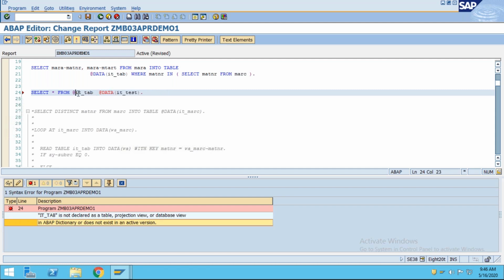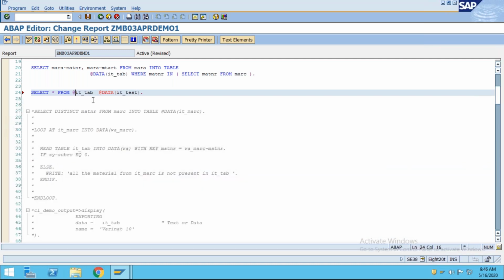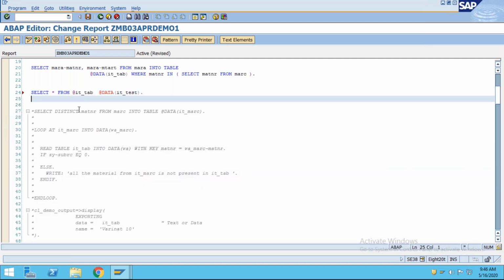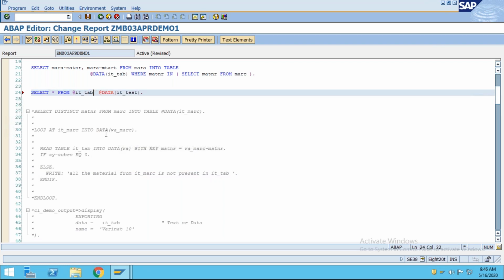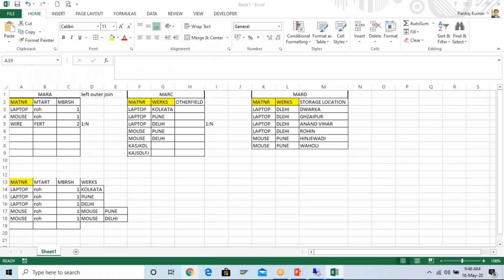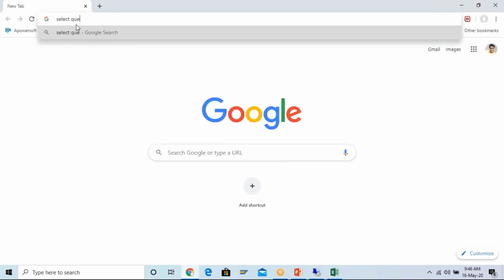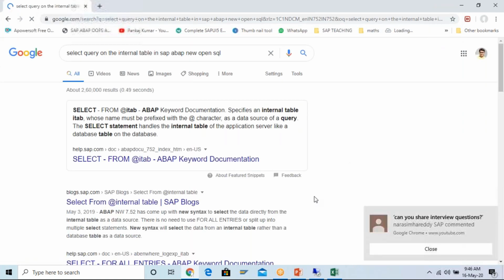I need to check this one, but now putting a select query on an internal table is also possible. We can do it from NetWeaver 7.52 onwards. In 7.40 it was not possible, but from 7.52 onwards we can put a select query on an internal table, in SAP ABAP new Open SQL.